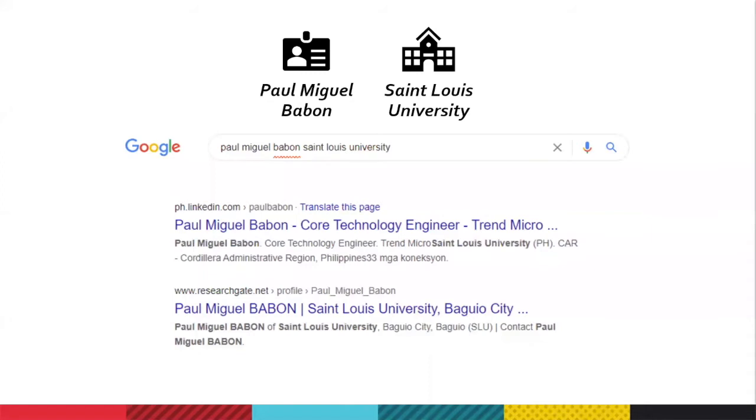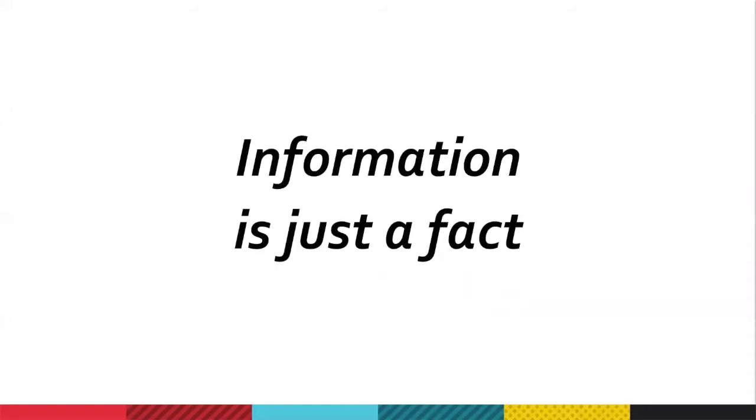But with everything that I've said, information is still just a fact. It is a piece of knowledge gathered by your everyday gadgets like our smartphones and our computers. And of course, it can be beneficial in creating credible resumes, profiling, and social media searching. But obviously, there's still some information that I could not get out publicly.